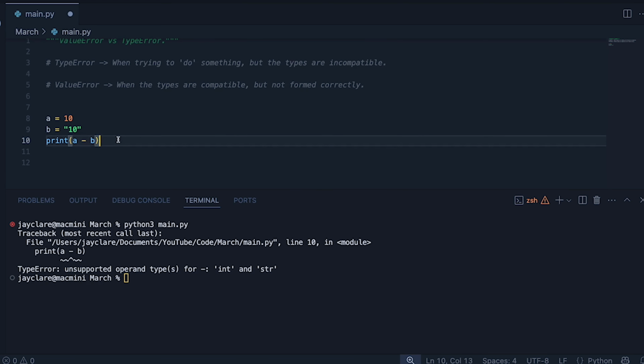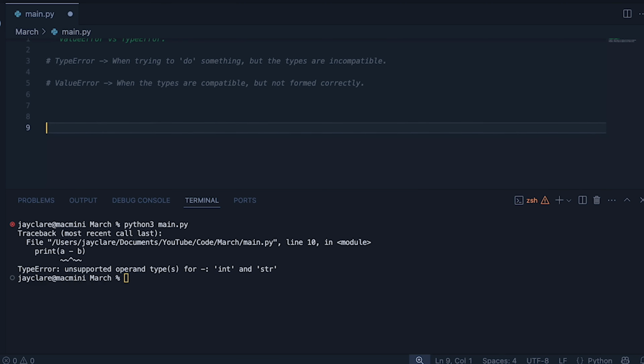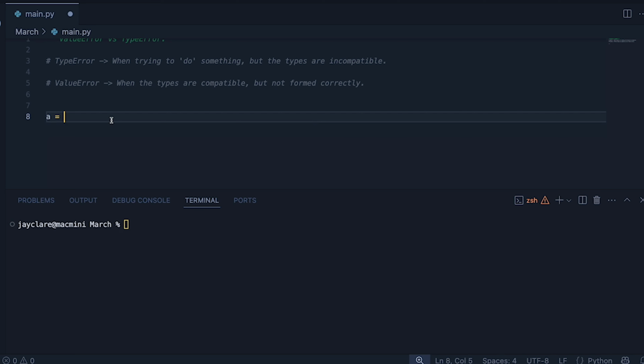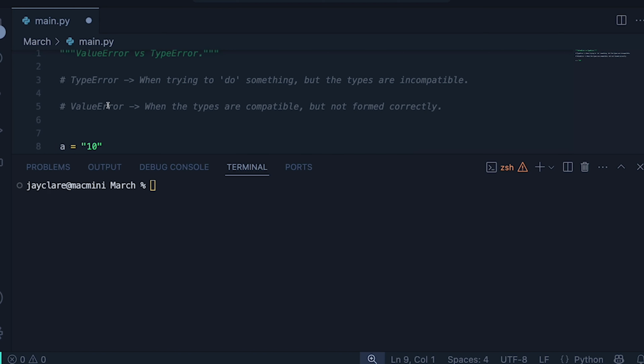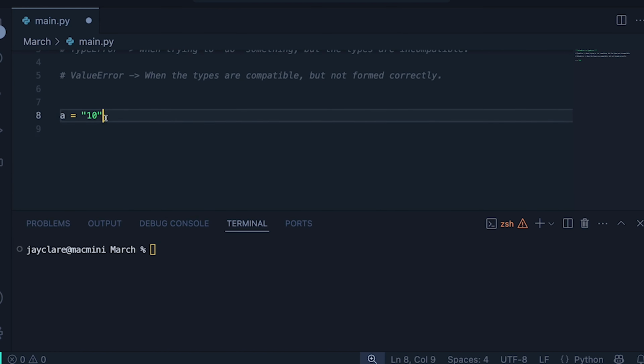Now, value errors are a bit different. This is when the types are compatible, but they're not formed correctly, right? So let's suppose, again, let's bring A back in, and let's suppose A is equal to a string, but it's the string value of 10 like this here. I'll zoom in just a touch to make it a bit nicer. And now let's say the variable B is going to be equal to the return value of the integer function